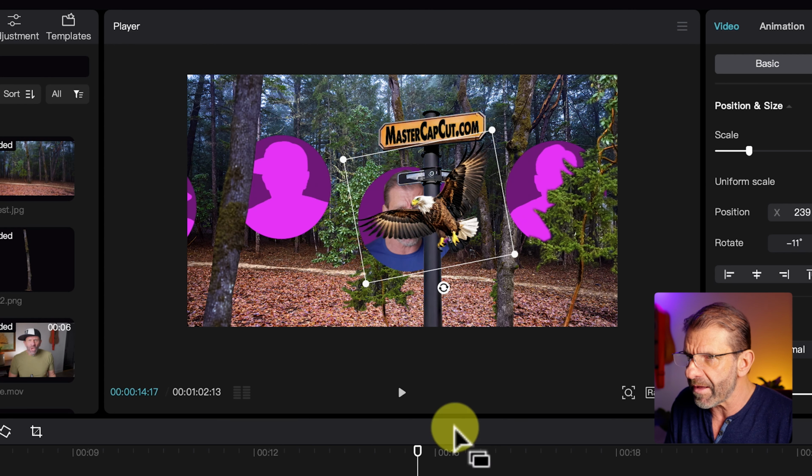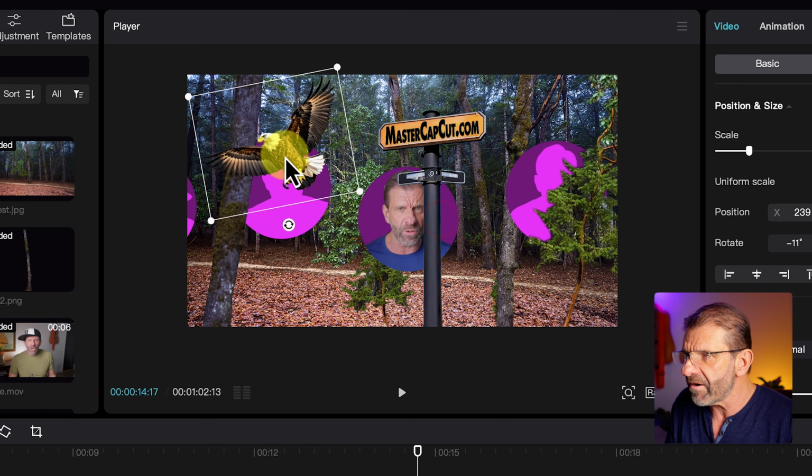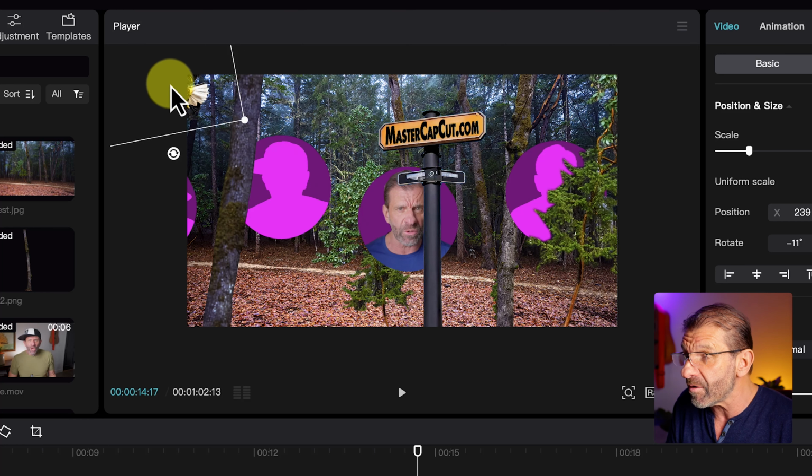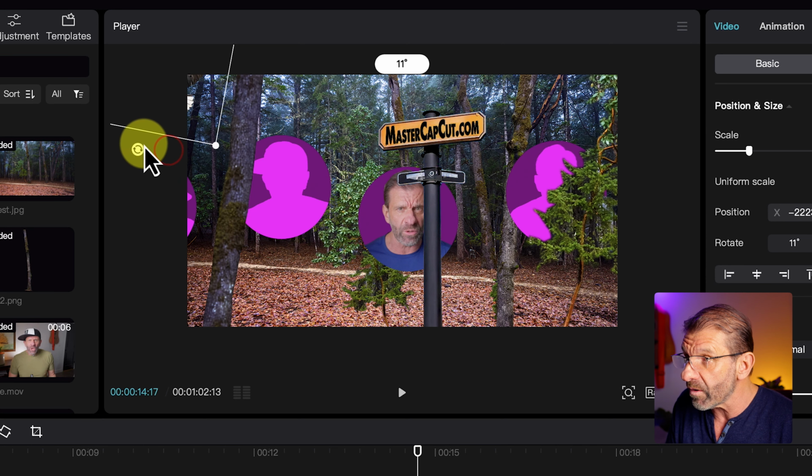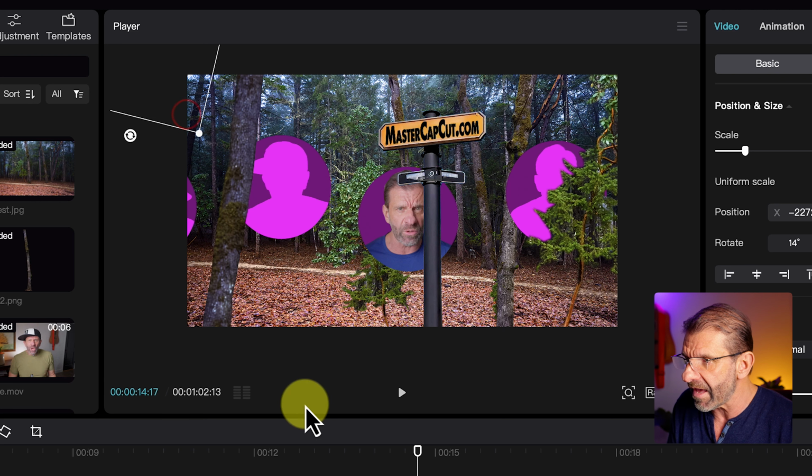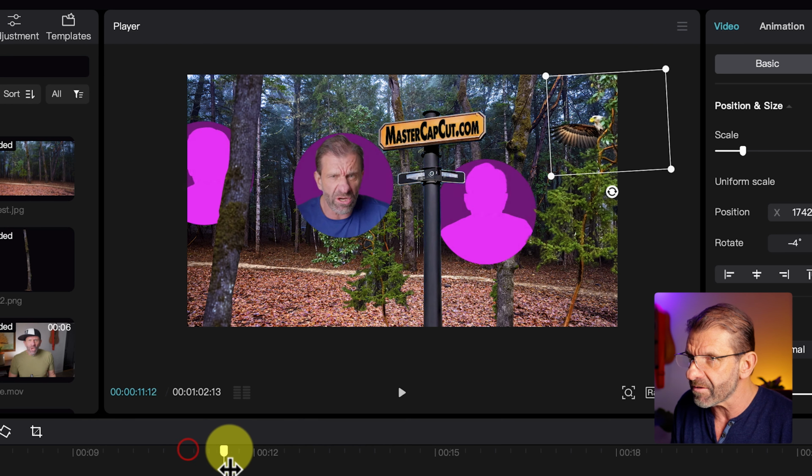then go to the end of where we want him to leave, probably about there, drag him all the way over here, have him fly behind that tree and end up over here, rotated all the way because he's flying back up, and he's maybe a little smaller because he's flying out of the frame like that. And let's see if that looks good. So you can see, boom,